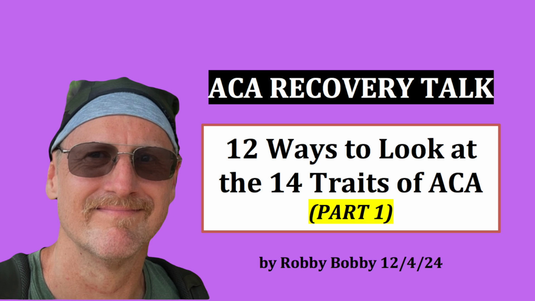Okay, so let's begin. The 14 traits of ACA, otherwise known as the laundry list, is what unites the ACA fellowship. The traits represent the psychological effects of growing up in an alcoholic or otherwise dysfunctional home, and then carrying those effects into adult life. Recovery in ACA begins by identifying with these traits, admitting that you're powerless over them, and that they make your life unmanageable. This happens to be step 1 in the ACA 12-step program.